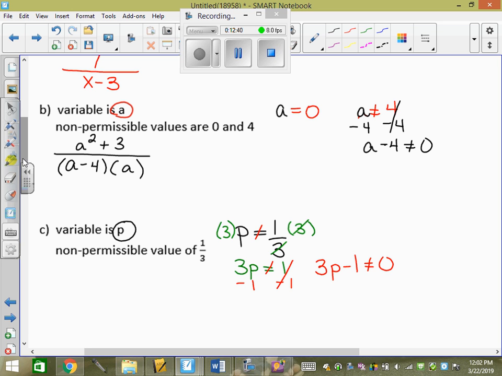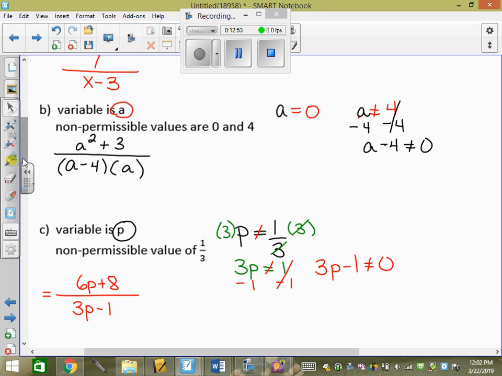So that means it has to go in my denominator. So I'm going to have 3p minus 1 in my denominator and something in the top, like 6p plus 8. Okay. And I'm going to hand out your